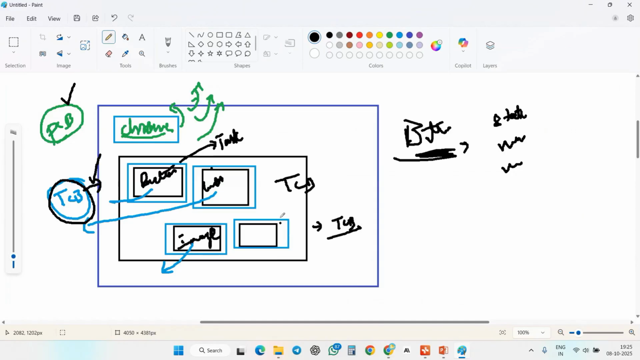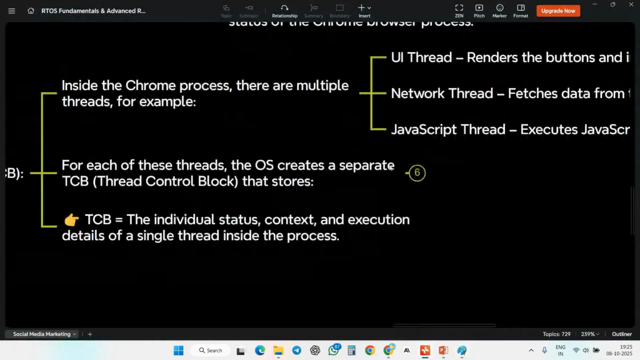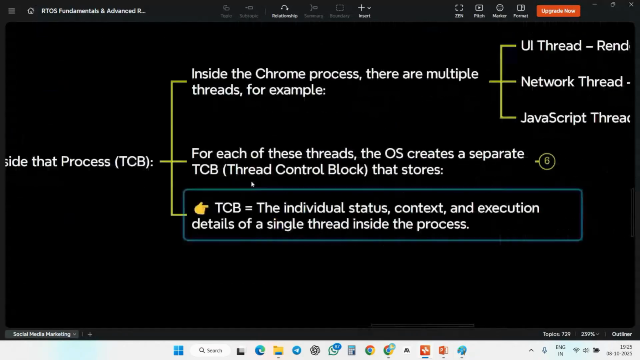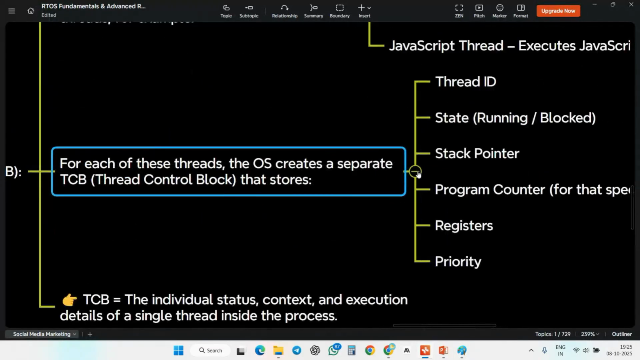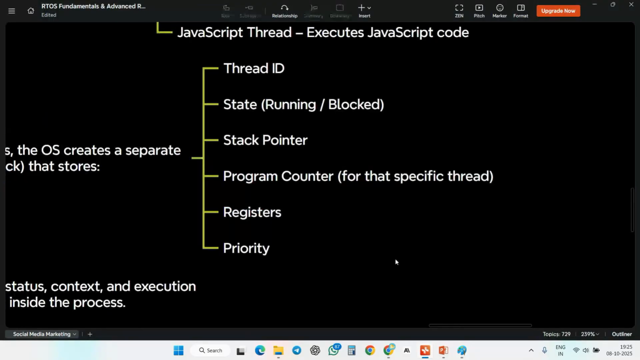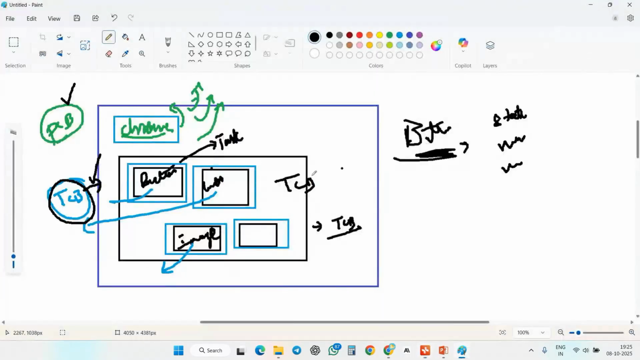Yeah, instructions only, Mukesh. So this is how it is going to work. For each of these threads, the operating system creates a separate TCB block. Same thing, guys. If you need to create one of these tasks and you want to know the details of this task,